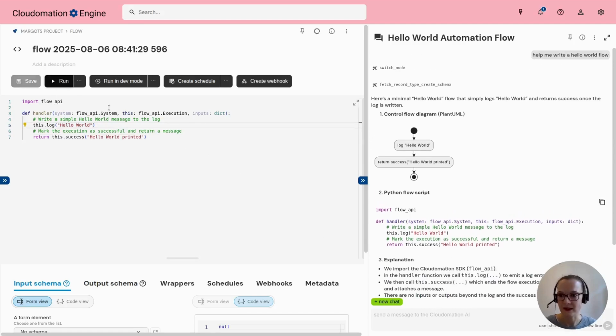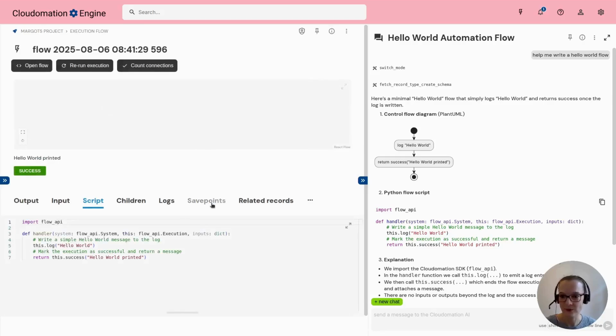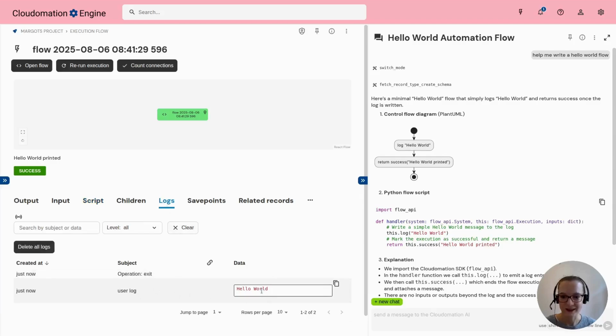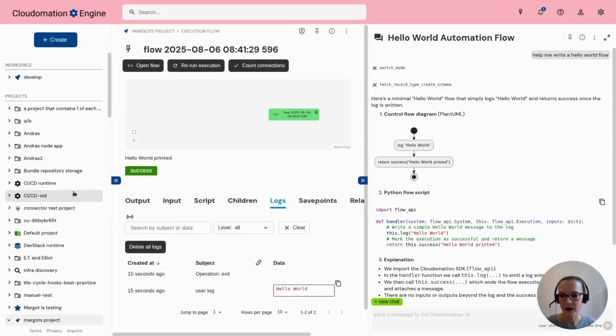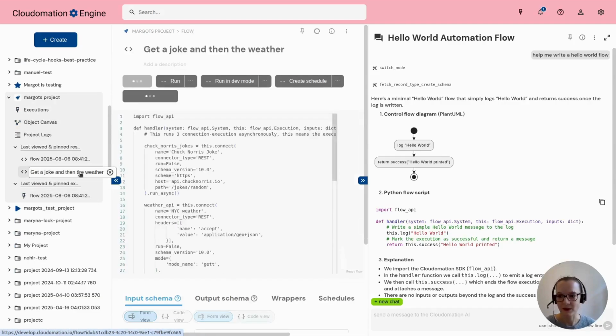So let's run this and see if it actually does what it's supposed to do. It immediately returns because it doesn't really do anything. And yes, fantastically, it actually logged hello world. So just a very simple example, maybe something a bit more